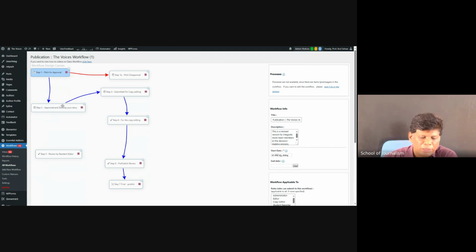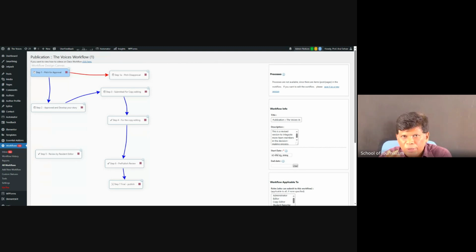Once approval comes, the same idea, the same post, will come back to you. Once it comes back to you, only you can edit the story. None of us can edit. We have the rights to claim it, but we can't edit the story. So the story pitch comes back to the student, and you can edit that post after approval. The pitch is proposed, approved, and came back to you.